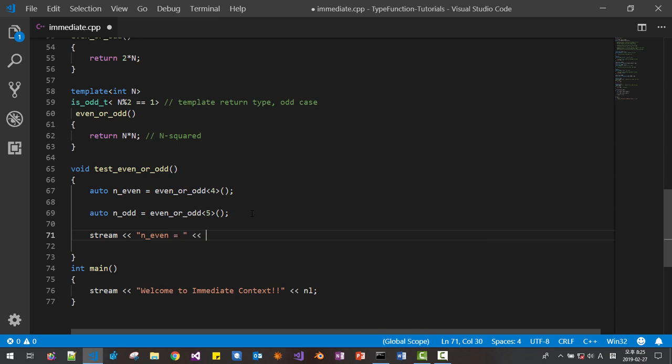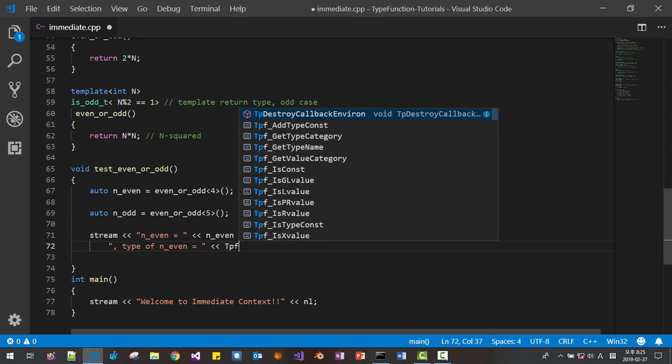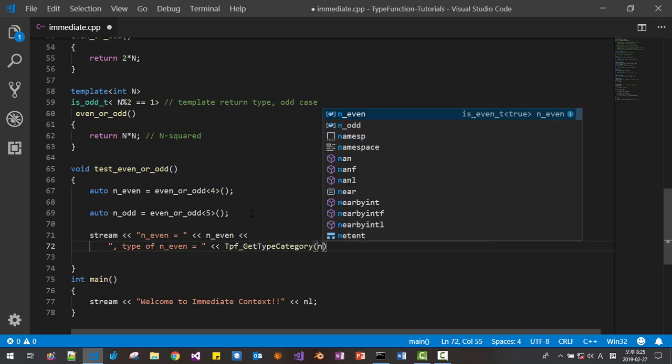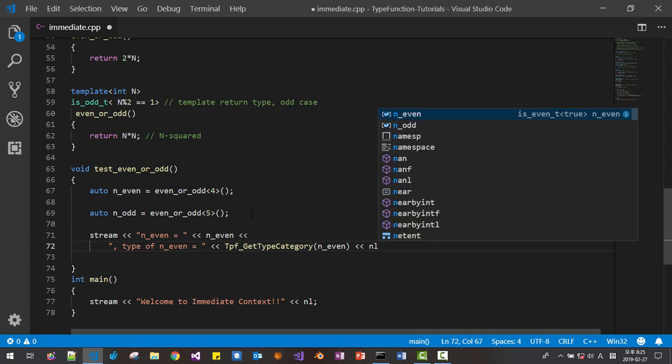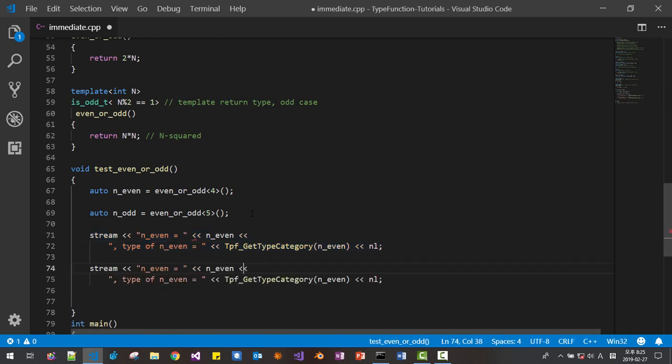Okay, now we display the result and the type like this: stream n even, type of n even, using the function get type category. We copy once again, for the odd case, type of n odd. Now we build and run again.